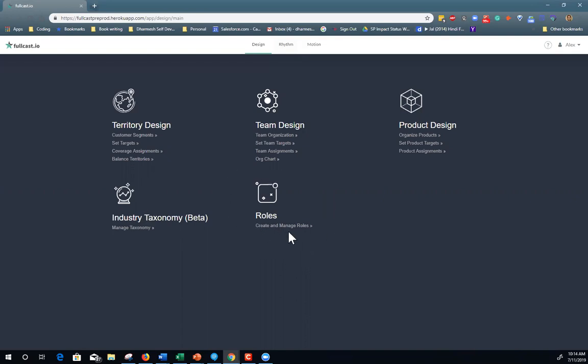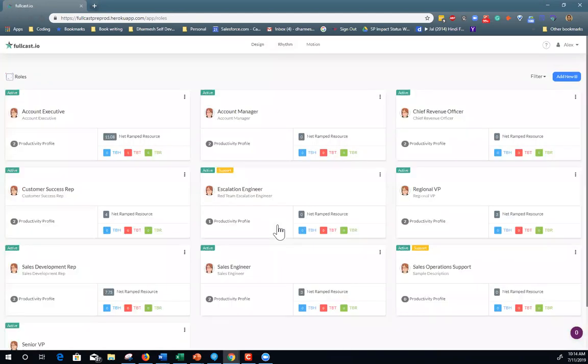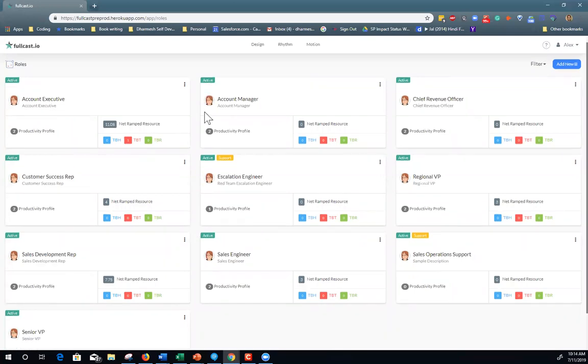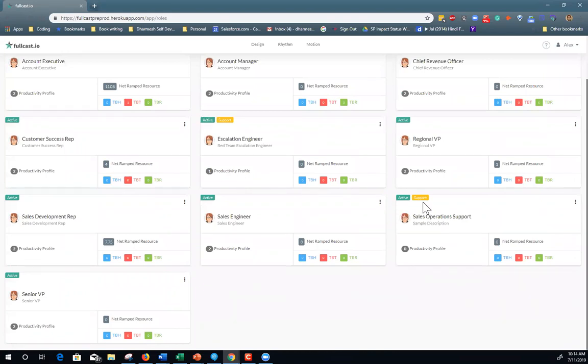And so it all starts, like I said, the first thing that we do is we define the roles. And the idea here is before you even go out to meet your customers, you are looking at your internal capacity and assigning people into roles. As the company evolves, like I said earlier, you will either add roles or retire roles. So you will see some of these roles, the roles that are currently active. You will see some roles that could be inactive, which function they belong to, and you see things like what is my total net ramped capacity for that given role.